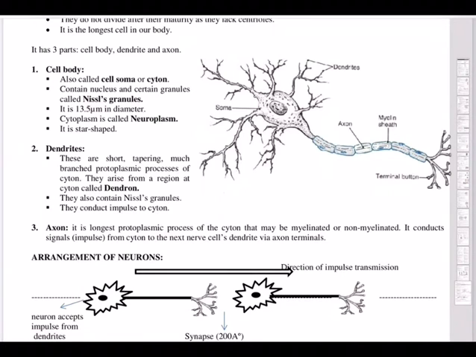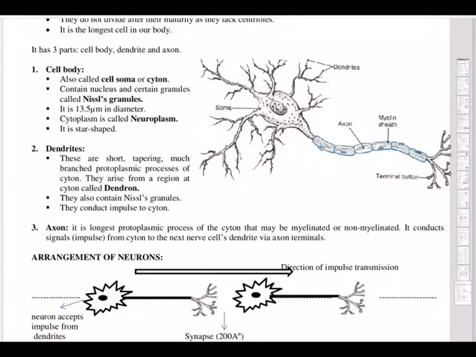These sensory neurons are afferent, AFF. They connect sense organs, 5 sense organs are there, the Pancha Gnana Indriyagal, with the central nervous system, brain and spinal cord. They bring sensory impulse from sense organs to the central nervous system. That is, just now I said, sensation of touch, taste, smell, sight, hearing. All these sensations will be connected to the brain, central nervous system. And that is done by sensory neurons.